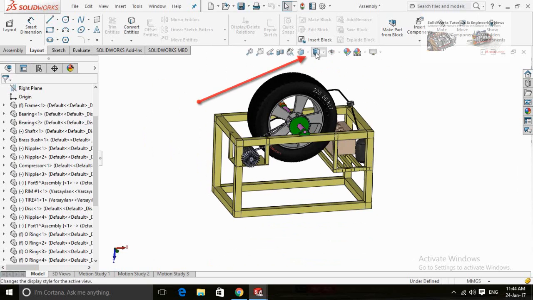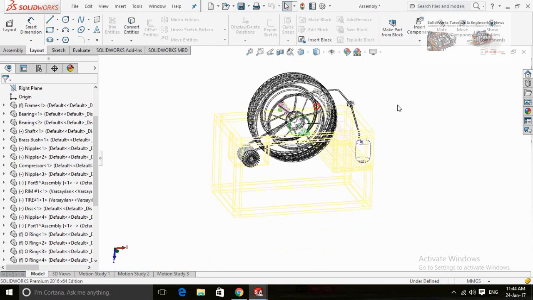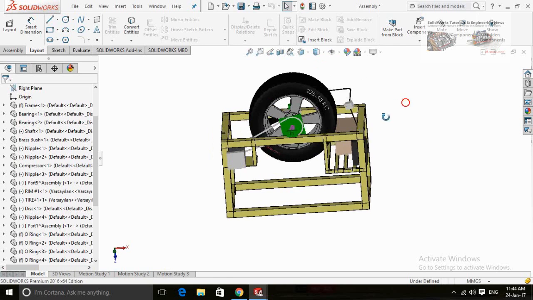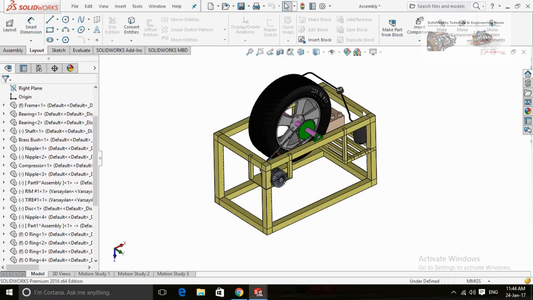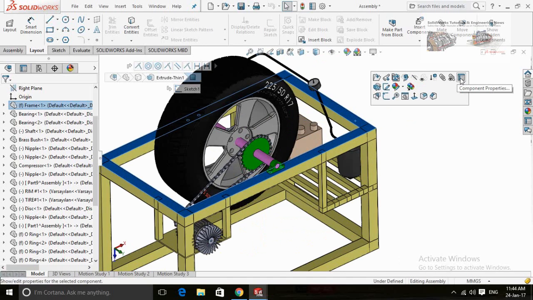You can also change the shades of the model from here. And if you want to apply a different color to any part, click on that part and select Appearance.